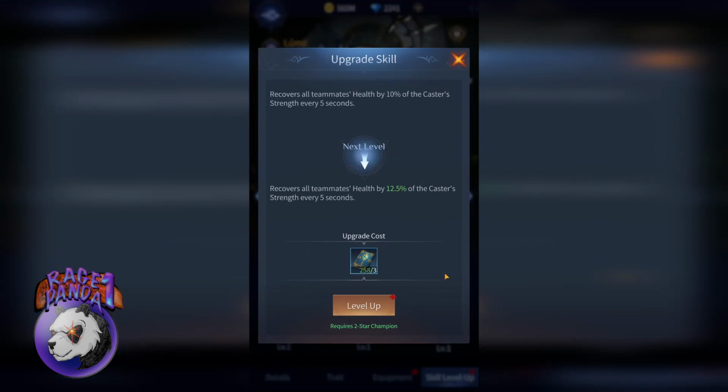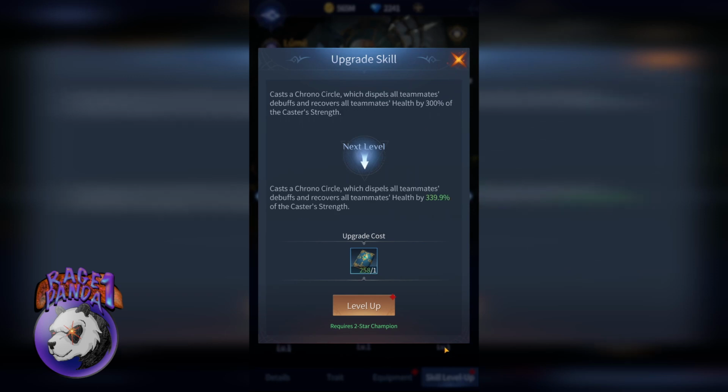His passive skill recovers all teammates' health by a percentage of his strength every 5 seconds. That means you have a constantly ticking heal over time. His active skill casts a chrono circle which dispels all teammates' debuffs and recovers all teammates' health by a percent